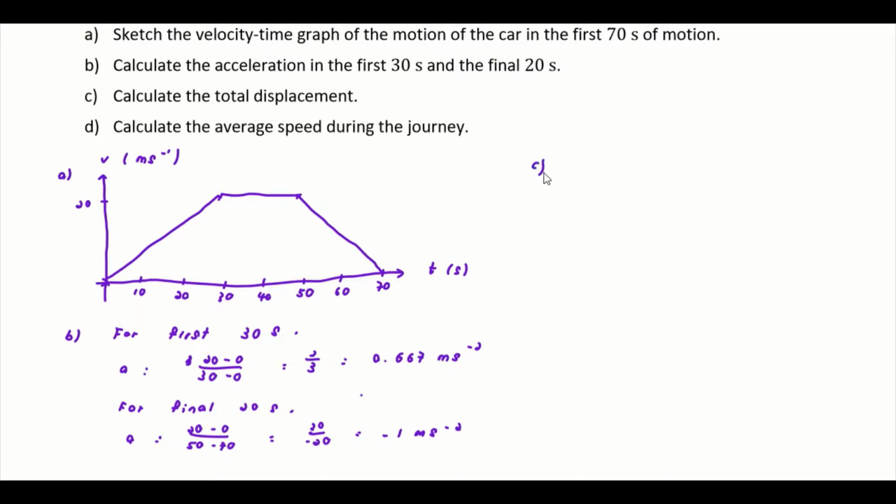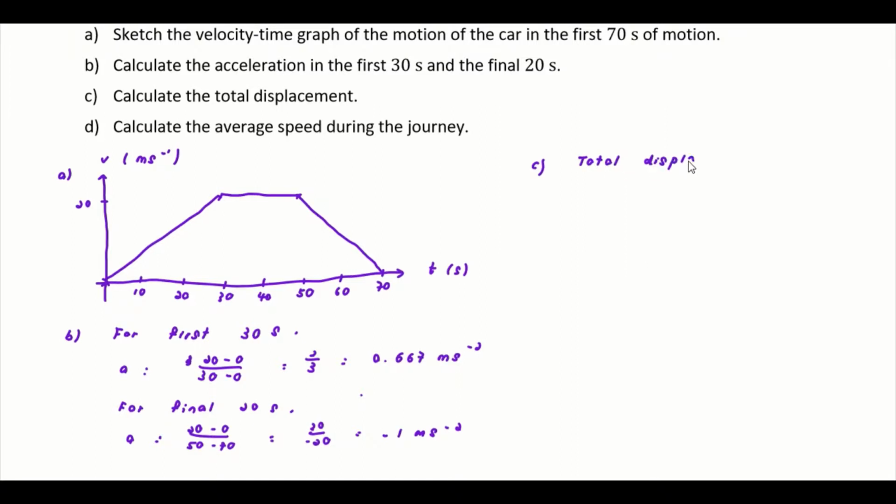So calculate the total displacement. So total displacement in VT graph is basically the area under the graph. So it's basically here. So you can see this is a trapezium. So yeah, you can always use triangle plus rectangle also, but that's unnecessary lah. So yeah, total displacement